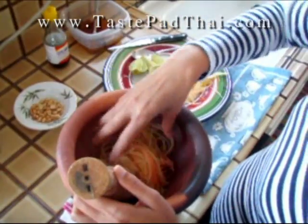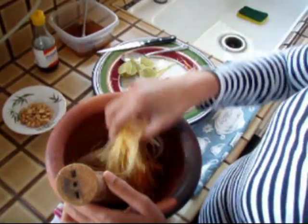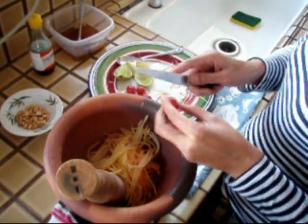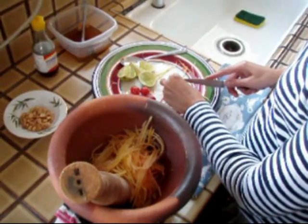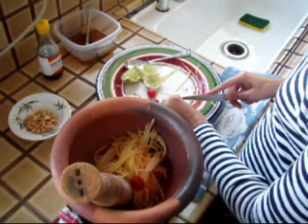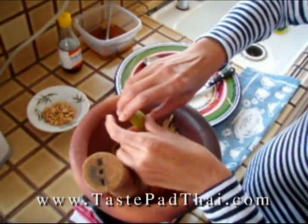Adding chopped green papaya into the mortar and a few pieces of tomato cut in half, squeeze lime and 2 teaspoons of fish sauce,